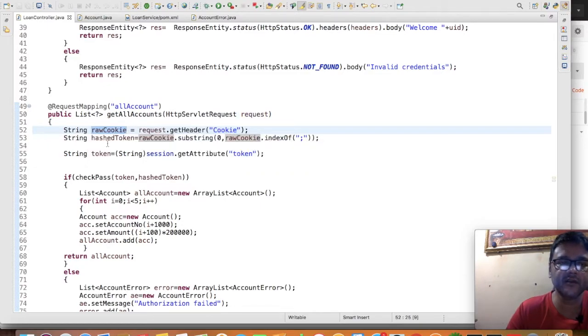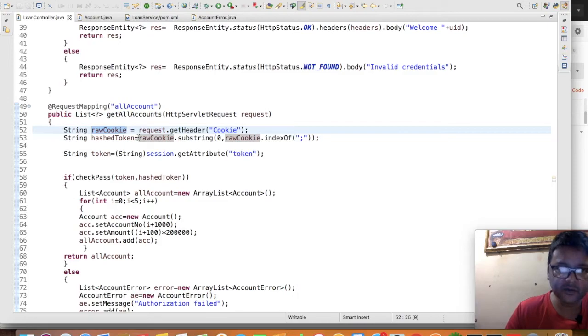I have named it raw cookie. Since I have provided a cookie with an age, there will be a format of hash code, then semicolon, then max age. So everything will come as a single string.